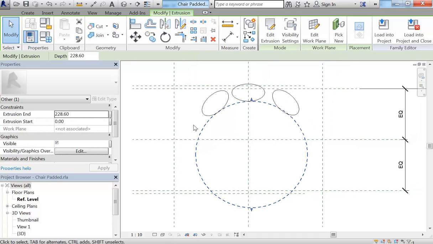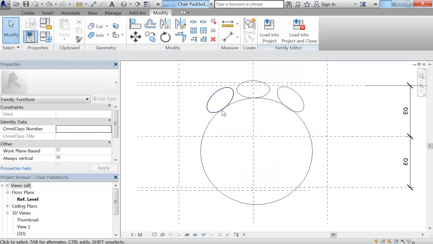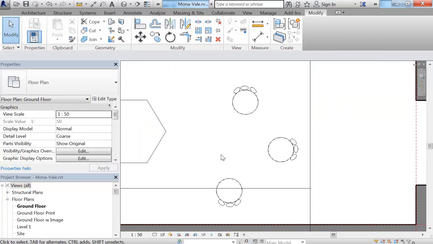So this thing here, this extrusion, again, you won't know this at first, but it's still there, it was just set not to display in the plan. But I can easily again go back and edit that one file, and those changes are going to come through to all of them. So, yep, so